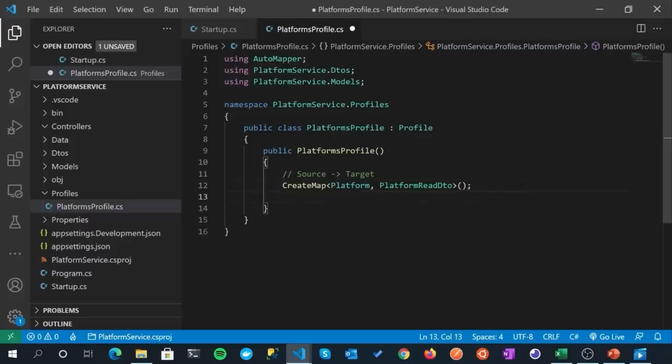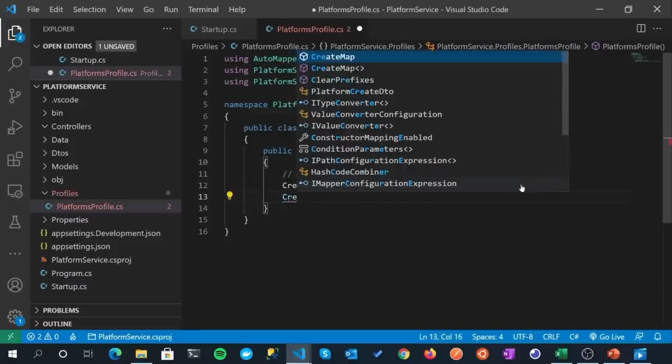So just before we finish off, we'll create our last mapping, and this one is for the creation scenario. So again, in this instance, the source of the data is a platform create DTO, because that is what our consumers are giving to us. That is the source of the data. And the target for that ultimately is going to be the creation of a model down in our database, a platform model in our database. So the source is a PlatformCreateDto and the target is a Platform model.